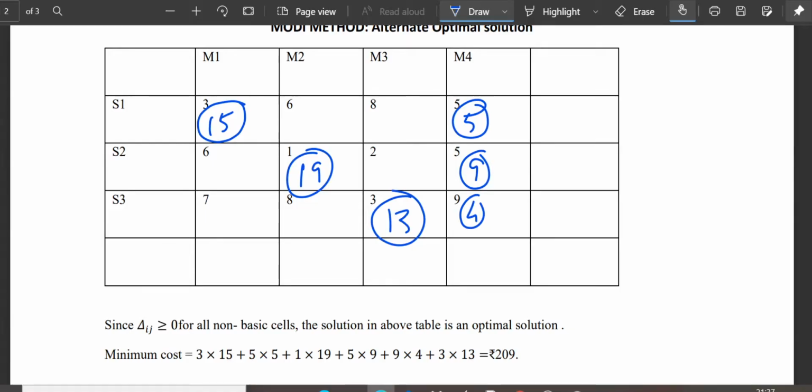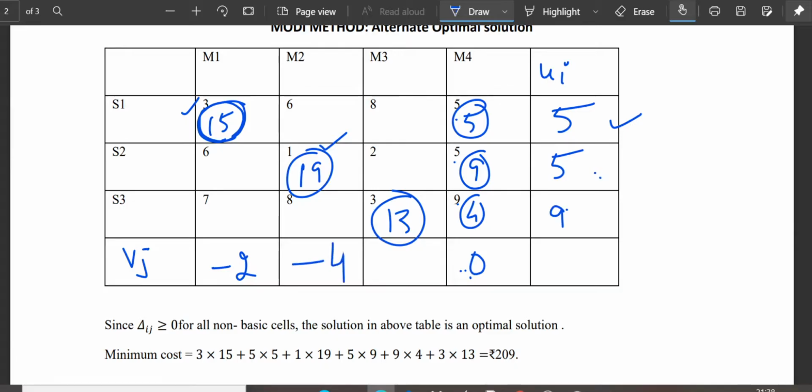Now you all can see this is the optimal solution. Ui and Vj, calculate Ui Vj. So 9 minus 0, I put 0 over here, 9 minus 0, 9, 5 minus 0, 5, 5 minus 0, 5. I think all of you know how to calculate Ui and Vj's now. Now come to other circle, say 15. Cost is Cij, Ui is 5, so 3 minus 5, minus 2. Now come to this circle, cost is 1, Ui is 5, 1 minus 5 is minus 4. Now come to this 3, 3 minus 9, minus 6, right?